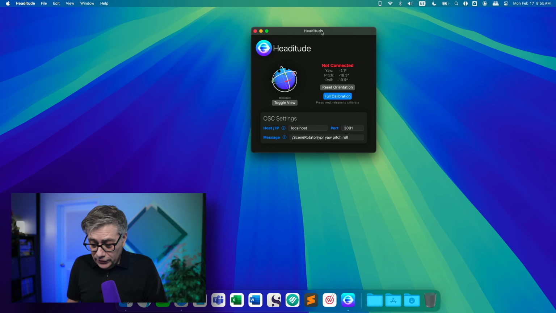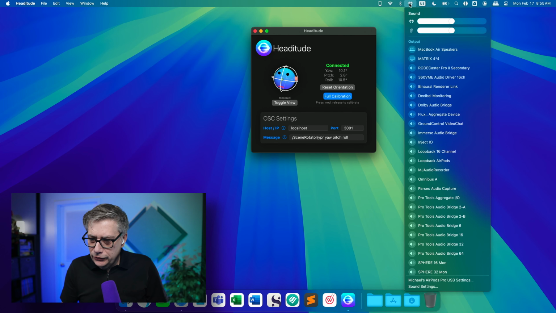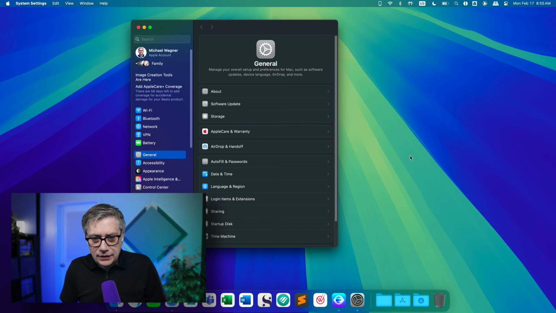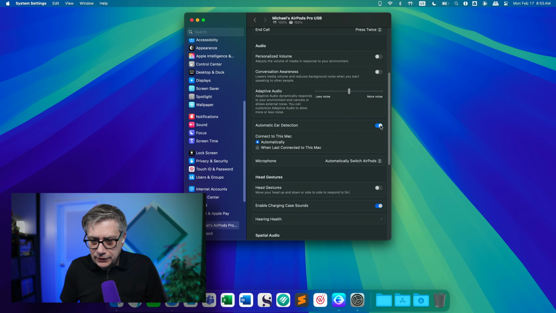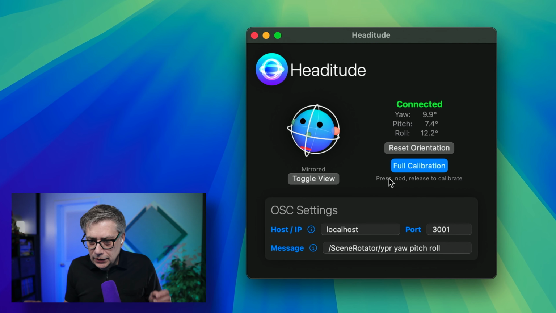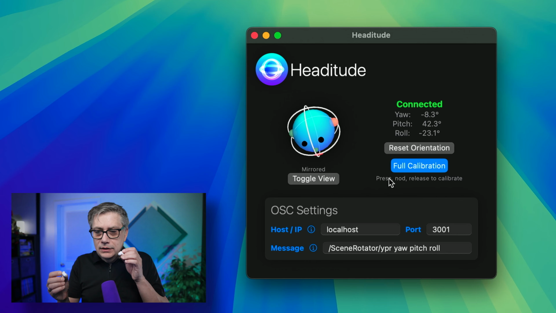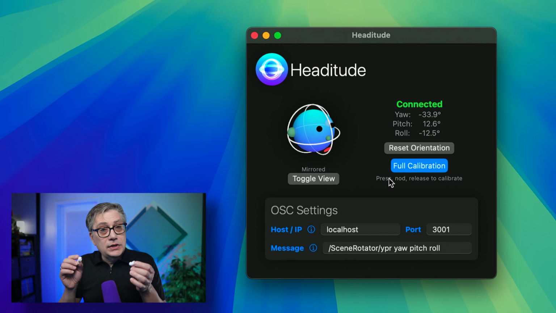So I've opened up Headitude, and the first thing that I'm going to do is put my AirPods into my ears so that the computer recognizes that I'm actually using them. And then I'm going to go into the settings. So I have a lot of devices here. Don't worry about those. I'm going to go down here to the AirPods Pro settings, and in the AirPods Pro settings, I'm going to turn off the automatic ear detection. And if I open up Headitude again, now that the automatic ear detection is turned off, if I take this off, you can actually see that Headitude remains connected to the Apple AirPods,